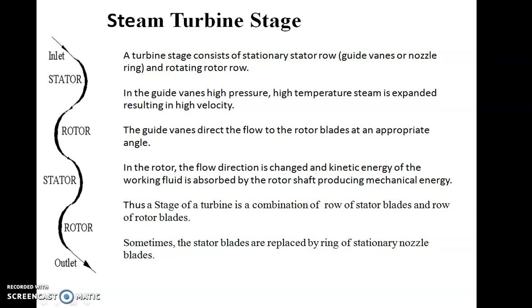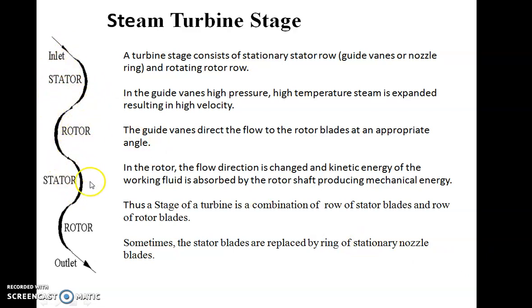So the nozzle in case of steam turbine is named as a stator. Stator, or it is also called the nozzle itself, and the runner or the turbine wheel is called a rotor. So there is a combination of stator and rotor, and one stator plus one rotor is called a stage. So this is a stator, and this is a rotor. So this is completely one stage.